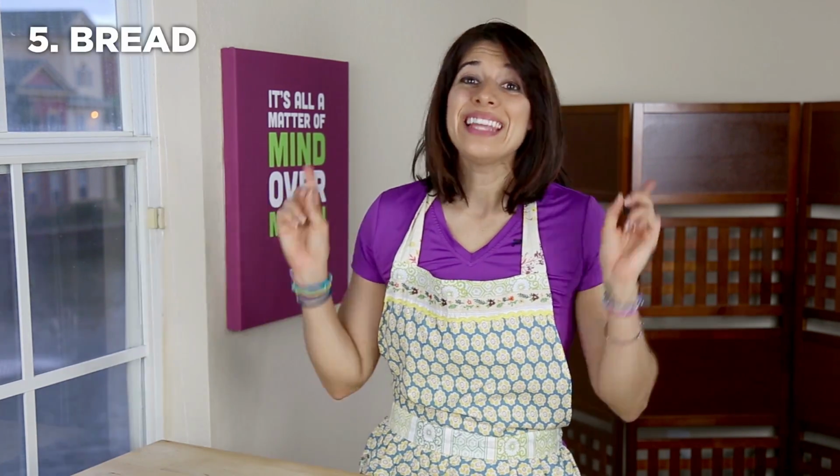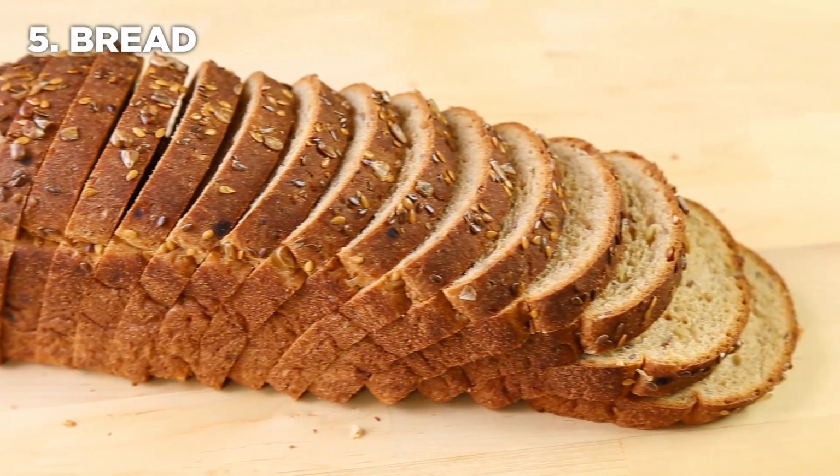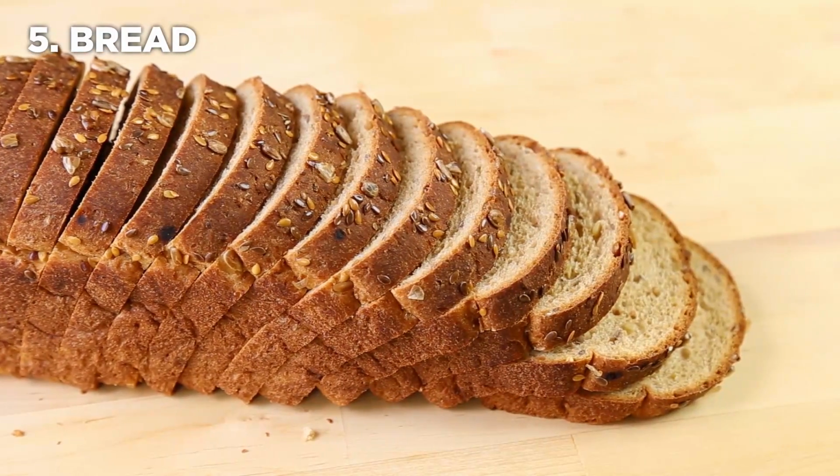I don't add a lot of extra fat or calories, but I get to enjoy it. Bread. A lot of breads are lying to you. We often think we're getting whole wheat, but we aren't. Just because it says the word wheat on the label, or if it makes a health claim, doesn't mean that